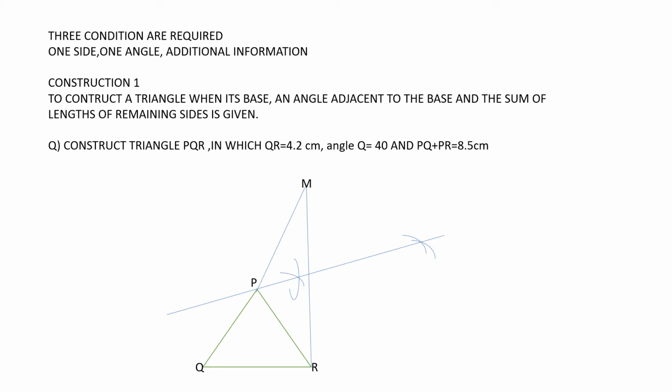After joining this straight line, what you will get is a point P. After marking P on this triangle, you have to make a line and join PR. This is the construction of triangle PQR by method 1. The same thing is given in your method 1 construction with the example. You have to just go and check whether you are able to construct it or not. Okay, now move on to the next part.